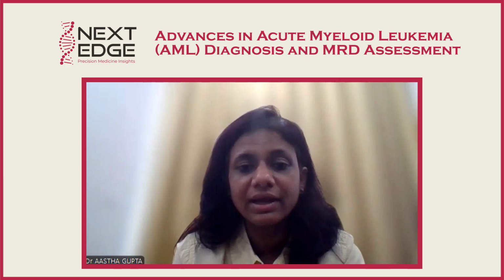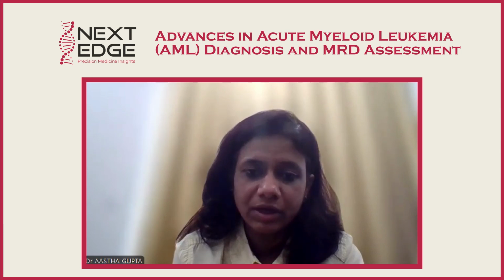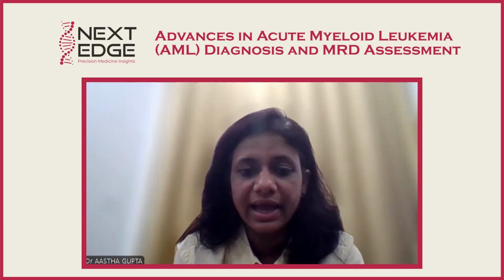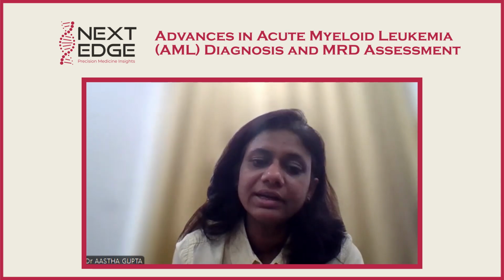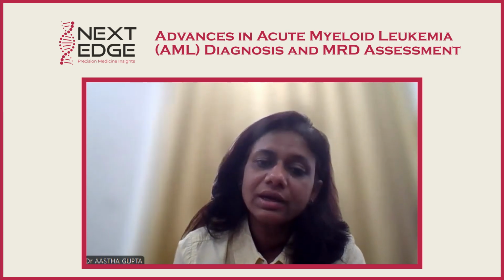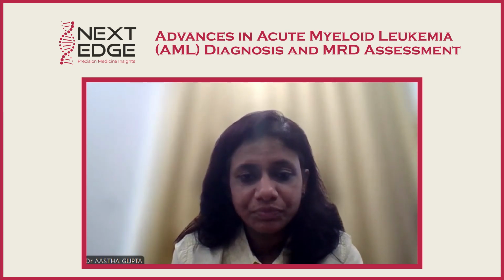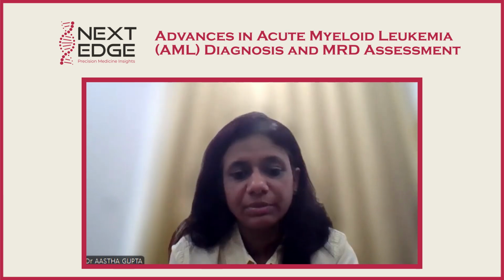So in this way, and for risk stratification, again, NGS has been involved, because of the identification of these mutations, they have been involved in the risk stratification of AML. So it is definitely playing a very, very important role along with the conventional tools to make a proper diagnosis, proper prognosis, proper risk stratification of the patients.